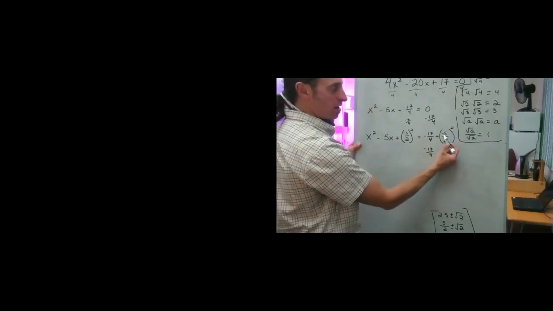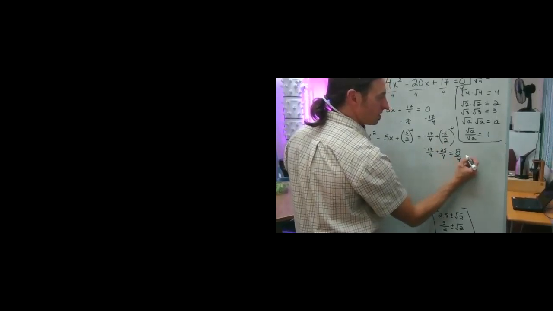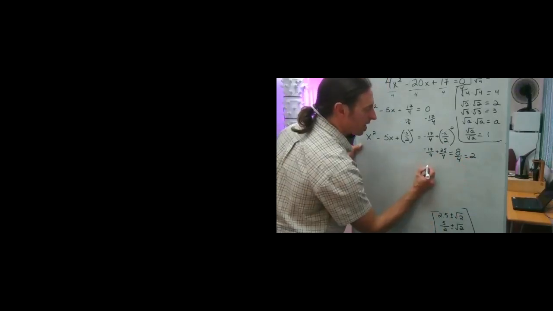Let's clean up this side here first. So I've got negative 17 over 4, and then I'm going to square negative 5 over 2. Negative 5 times negative 5 is positive 25, and 2 times 2 is 4. Oh, that's helpful. I can actually combine those straight away. 25 minus 17 is 8, divided by 4, and that's 2. All right, I've got 2